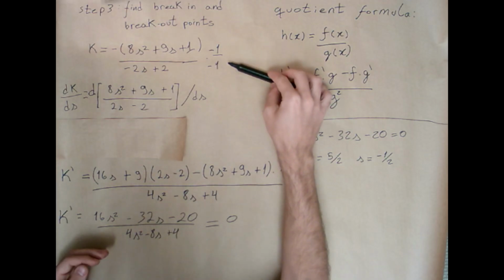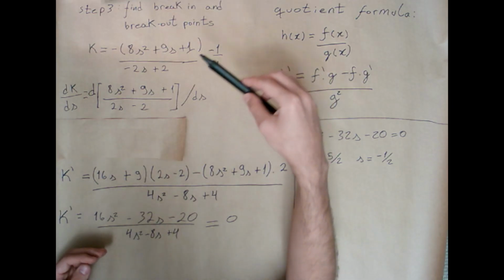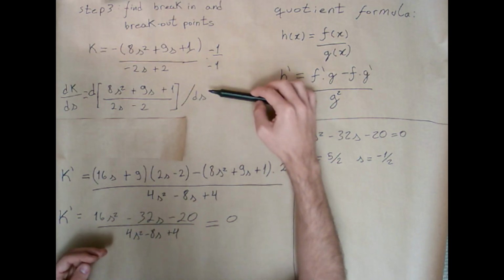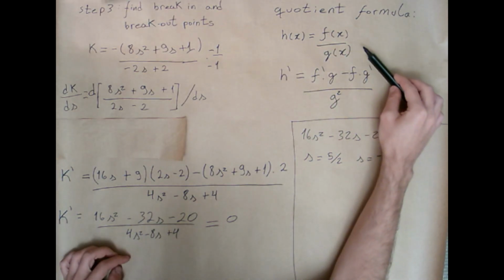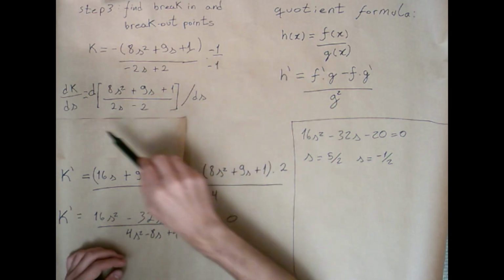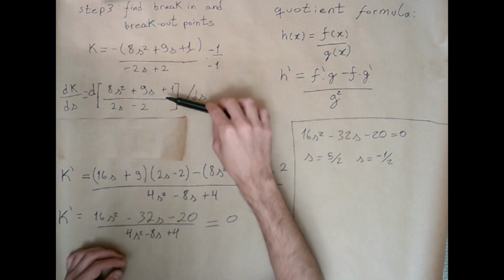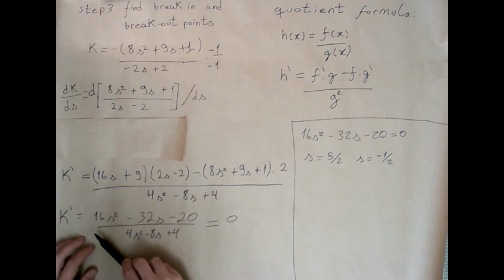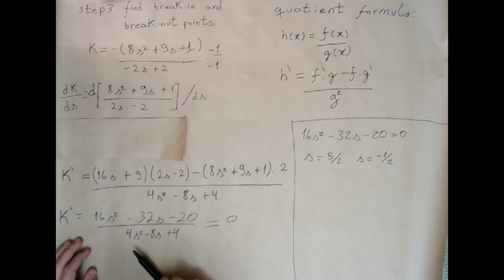In order to simplify it, we're gonna multiply the numerator and the denominator by minus 1. After that, we're going to calculate the derivative of k in respect to s. In order to achieve that, we're going to use the quotient formula. Here we have our h of x being represented by our k of s, our f being the numerator, and our g of s being the denominator. After that, we are going to arrive at this k prime, which represents the first order derivative, equal to this